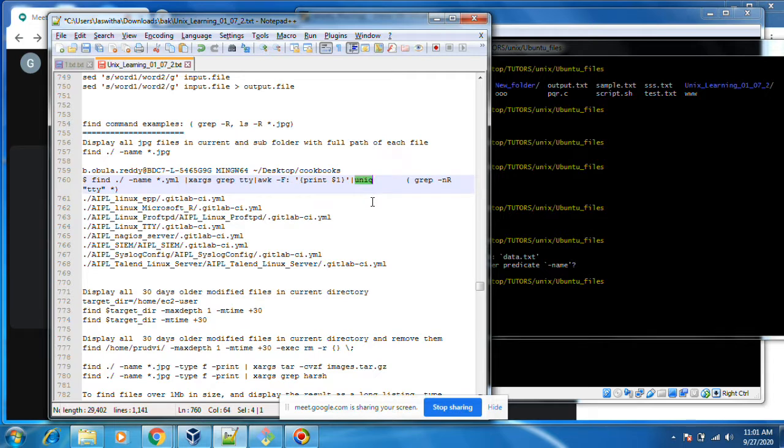Let's see even this grep -rn TTY, we have run this command in an earlier session.